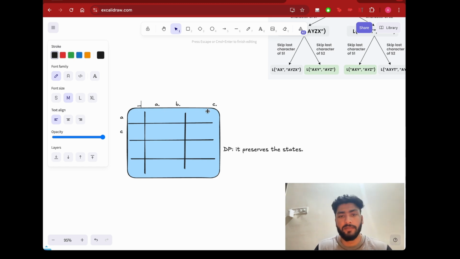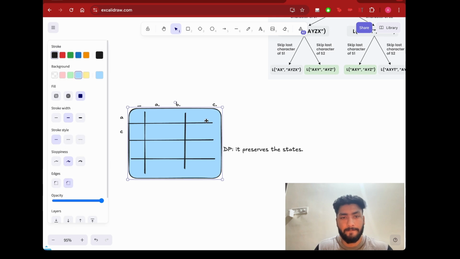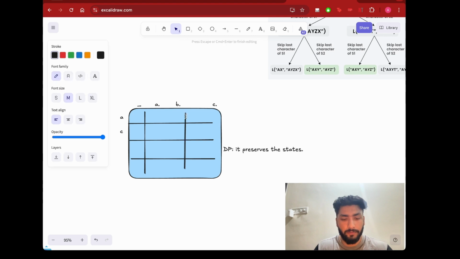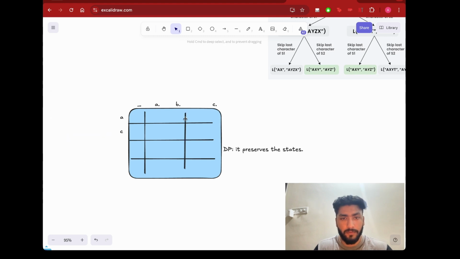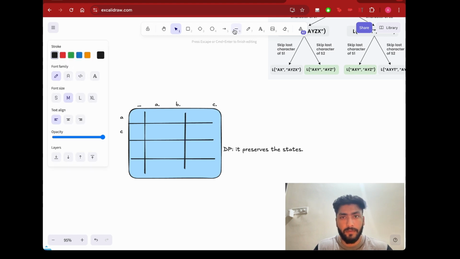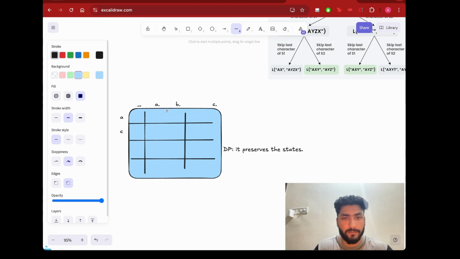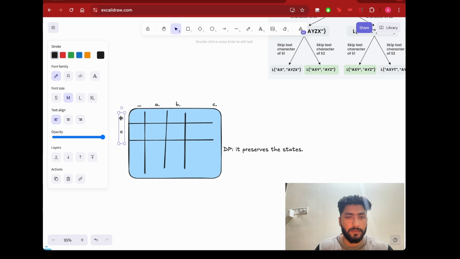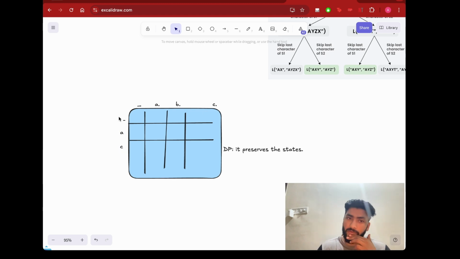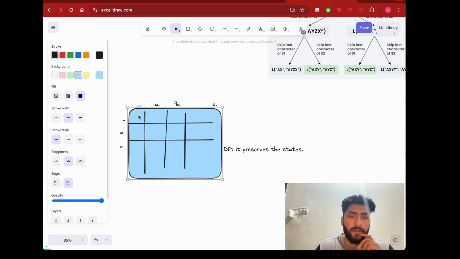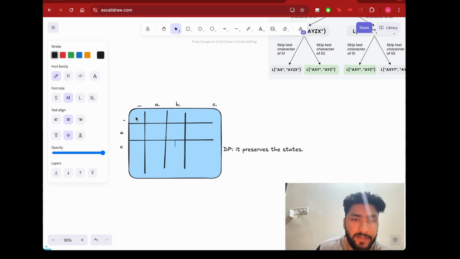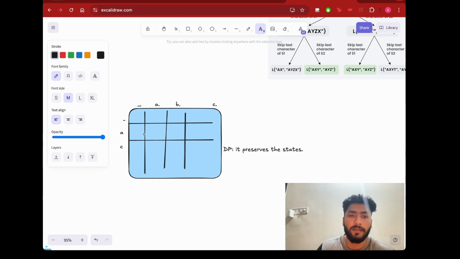We have not considered S1 at all, right? So let me copy paste it. Instead of this, let me just write this down. Under this we just need to move it here, and this is an empty string. So what we will be doing is, when we are at this index, what this would mean to us is that this value is going to be 0 because there is no character of s1